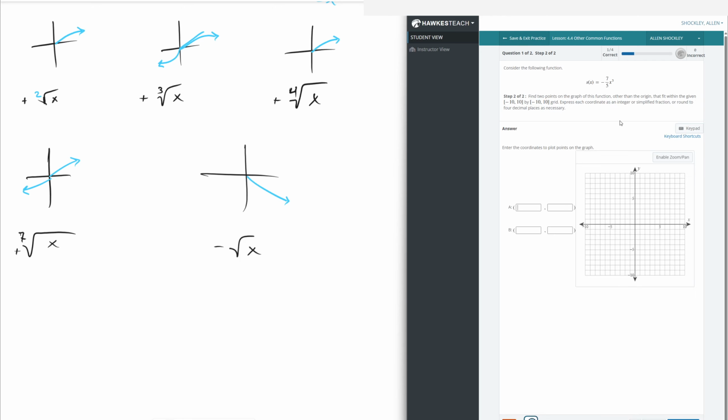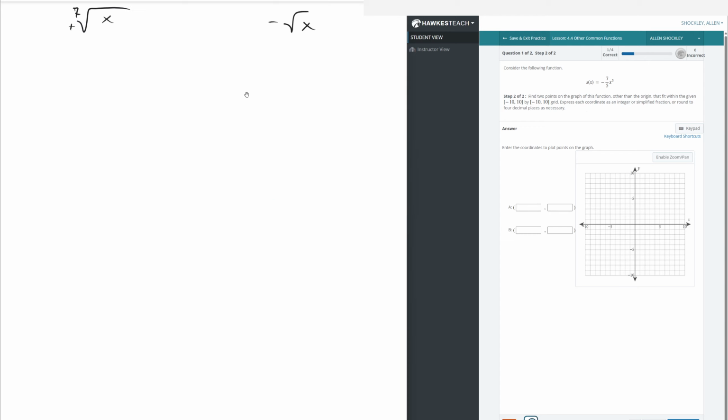Then what it wants you to do is just find some coordinates on this graph that sit between negative 10 and positive 10. You are just going to, unfortunately, have to do some math. It doesn't really matter what numbers you pick. If we say s of x equals negative 7 over 5 x to the third,